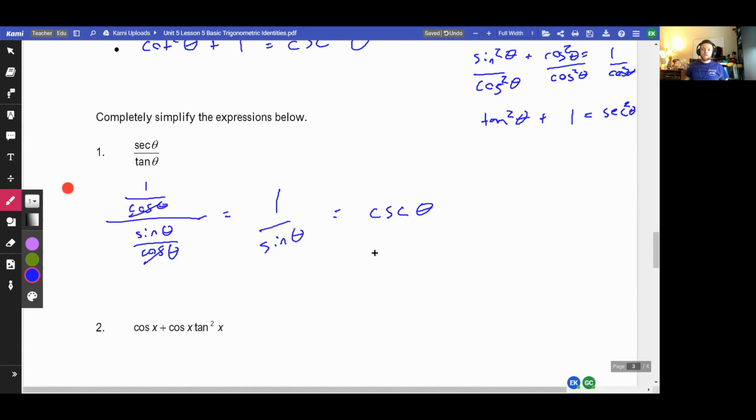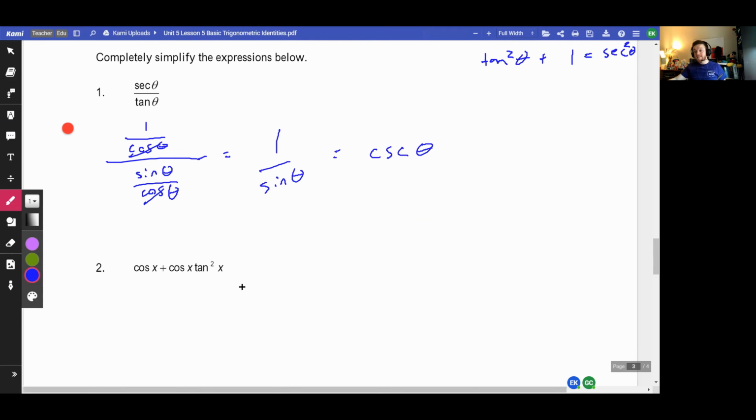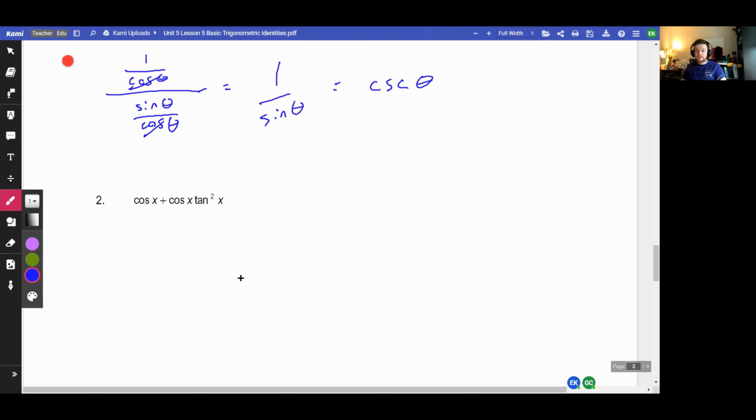This is the Hail Mary move. And you know what? When Hail Marys work, it feels really good. So I don't blame you if you want to take something complicated, turn it into a bunch of sines and cosines and simplify. But the whole point, and you're missing the point if you don't do this, is to look for identities. So instead of turning into sines and cosines, which is tempting,